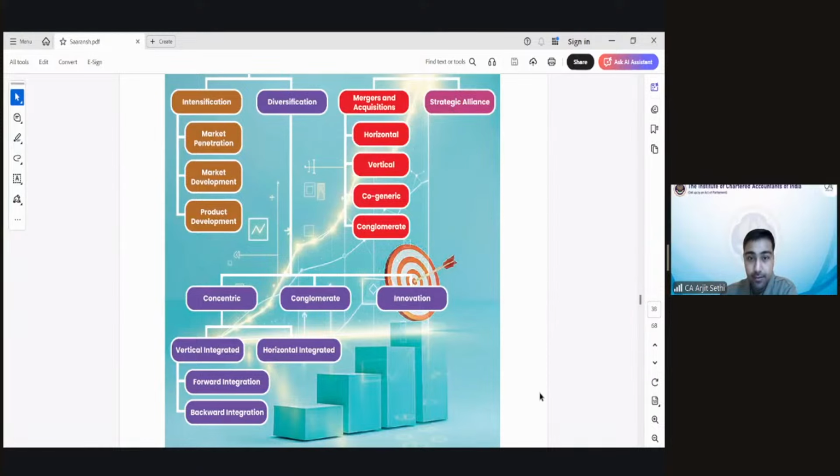Very good. Service industry में इतना ही हो सकता है. In a service industry, you can do a product development, you can do a market development, you can acquire, you can merge, you can do this and that. This concentric, vertical integration, horizontal integration, these all happen in product or goods companies. Now let me give you an example.